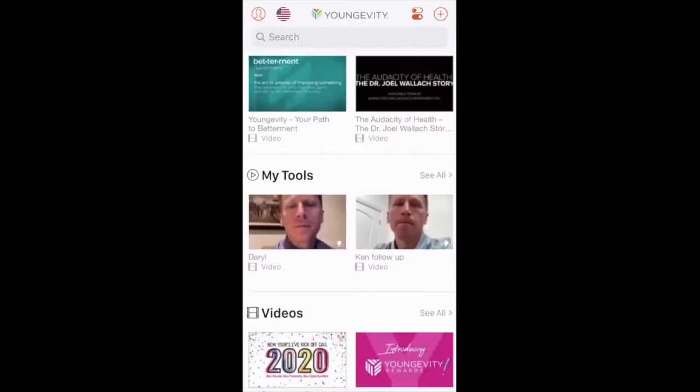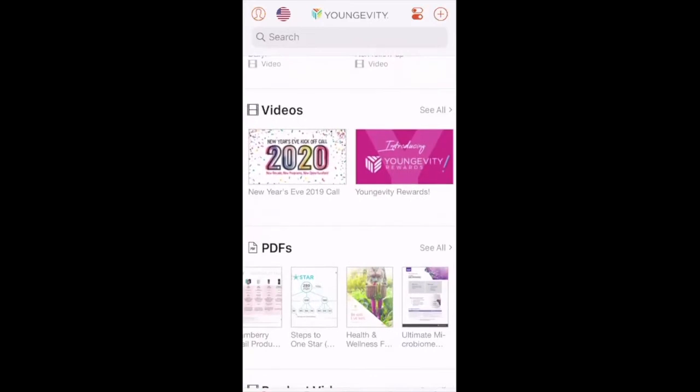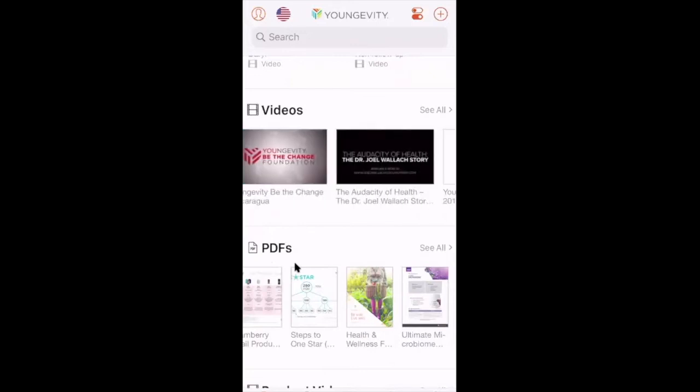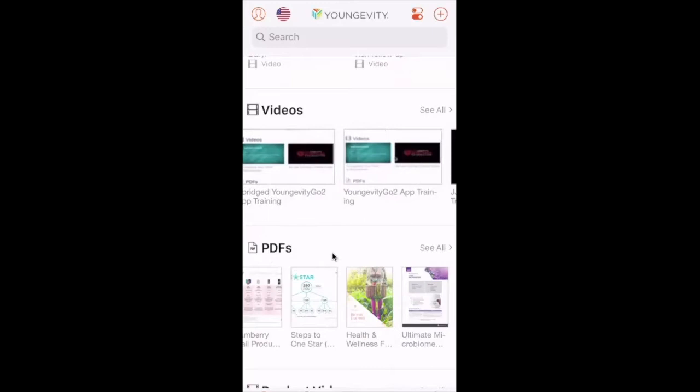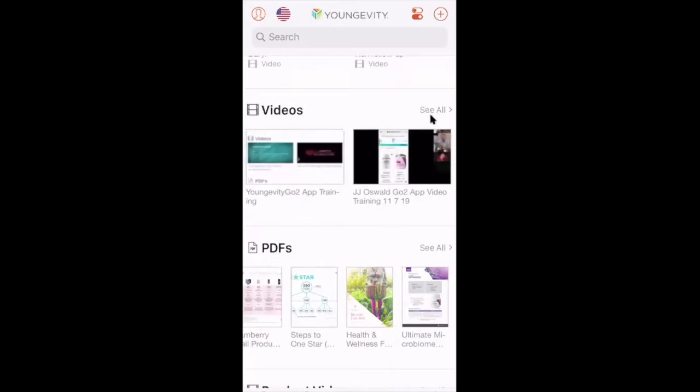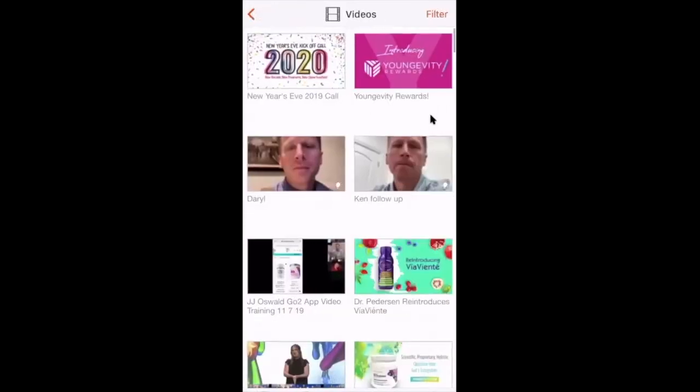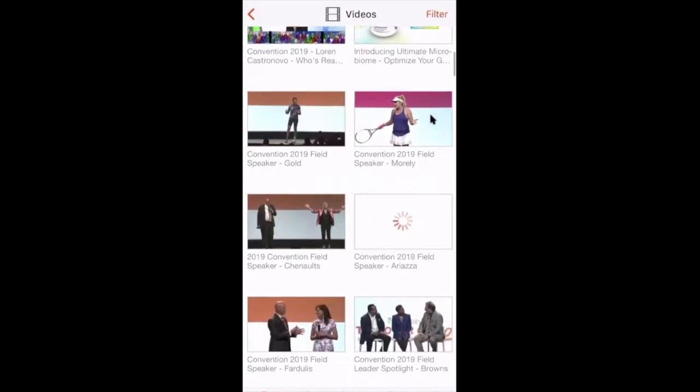So now let's dive into the different categories that are within here. One thing that I'll just quickly highlight is within the videos and within any of these categories that are here, as I scroll over, you'll see that there's up to 10 assets within each category. And then I can come over here to where it says see all. And when I click see all, this will now break out all of the videos that are part of the